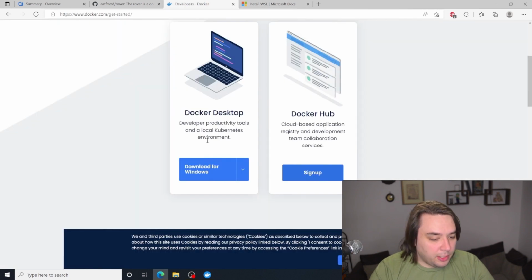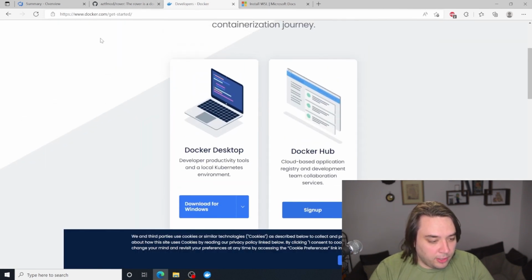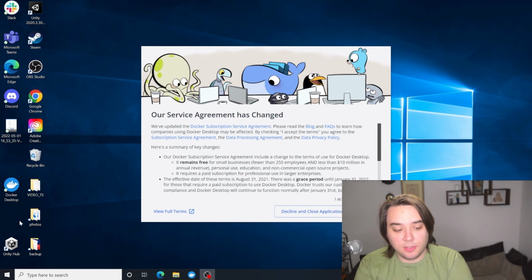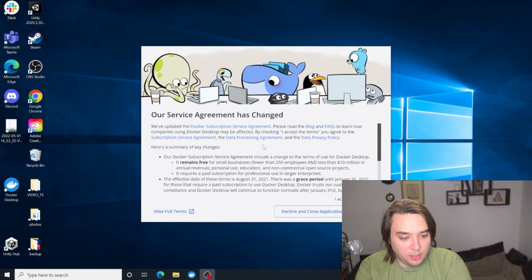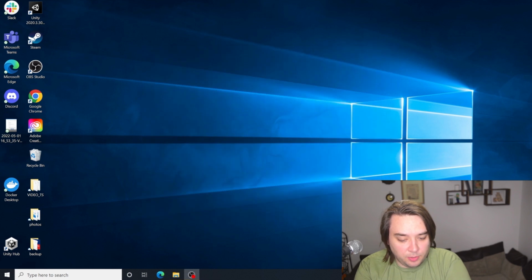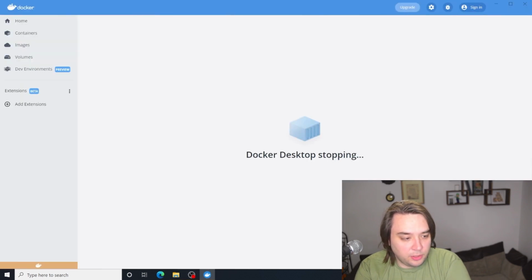Right, so what we now need to do is restart our machine. Okay, we're back. Once you've restarted the machine, you should see this installation prompt. So just accept the terms, and that should be Docker being installed for you.